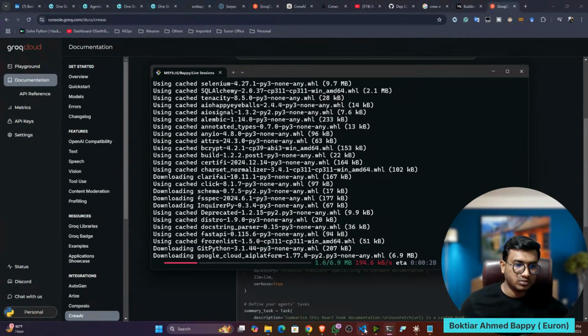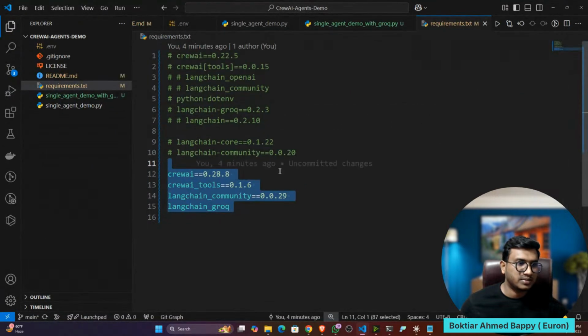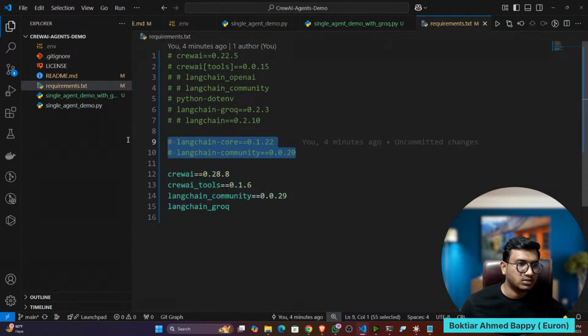In between, let me show you how to replace the code. After installing these packages, maybe I can remove this part. This is not required.